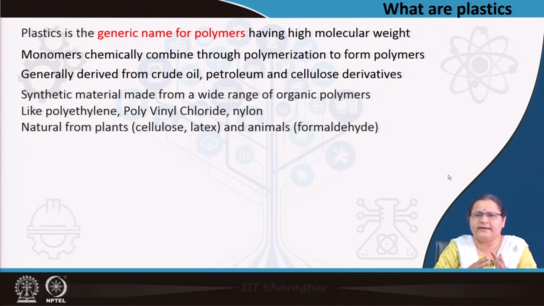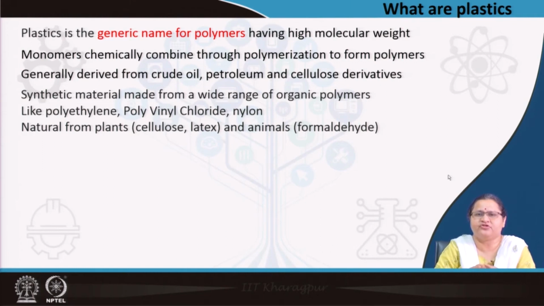So, the names I was telling in the last slide are actually the monomers which give the name of the polymers. What is the source? Usually crude oil or petroleum, or it is cellulose derivatives. It is mostly synthetic,